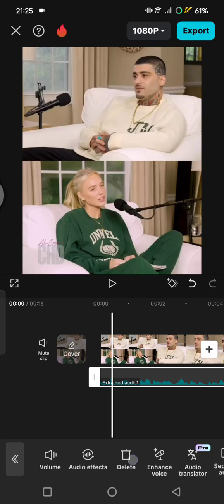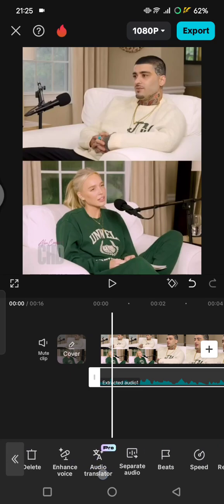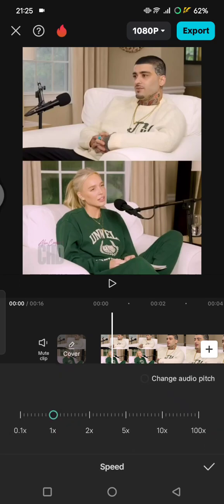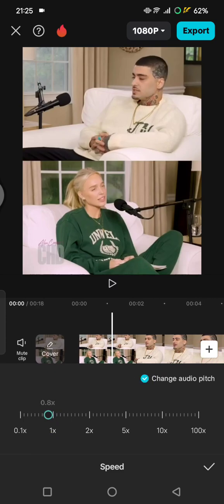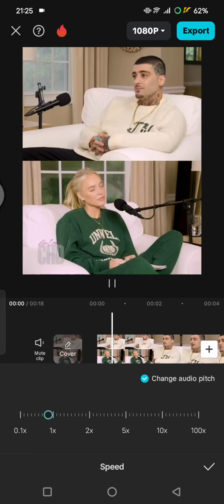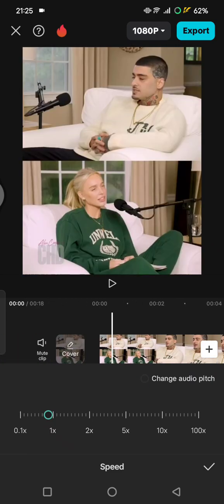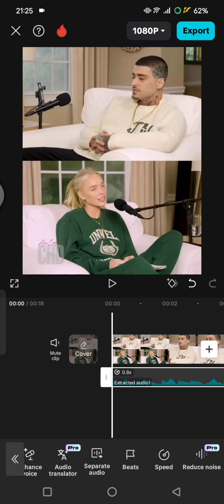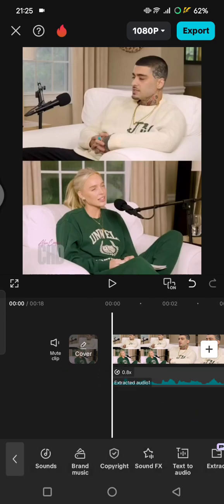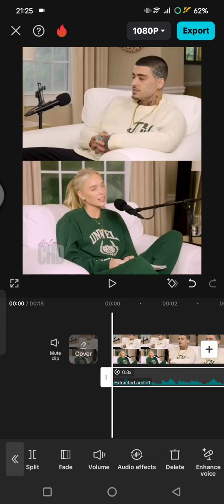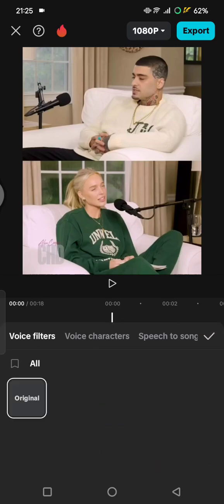Now I'm going to find the speed options, and I'm going to make it slow first, 0.8. I'm not going to change the audio pitch, and after that, still click on the audio. You can click on this audio effects,